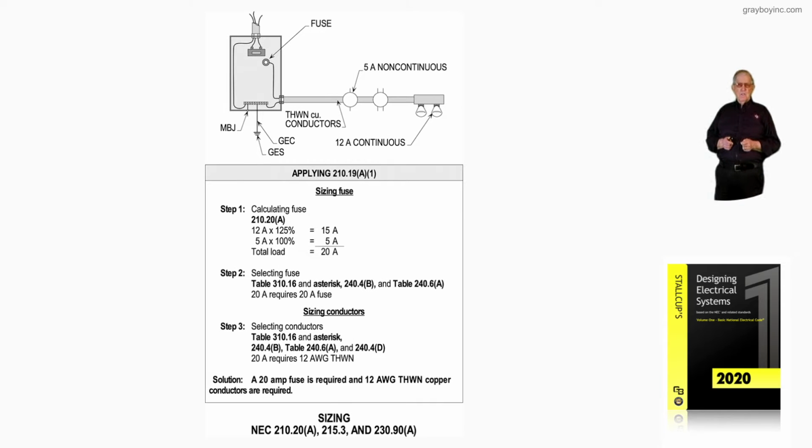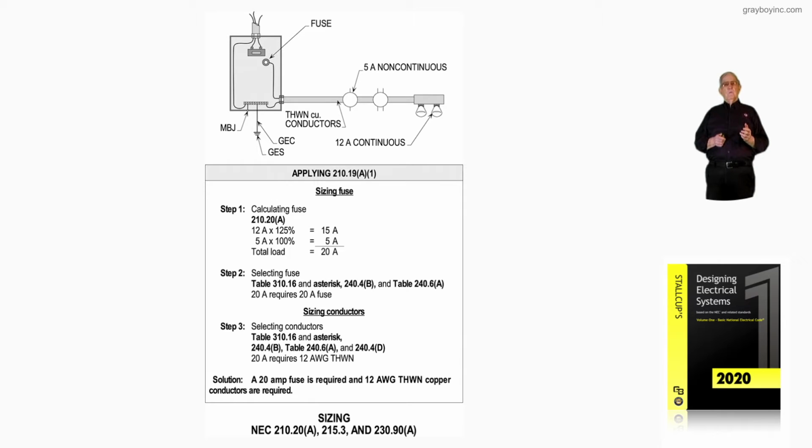Now this illustration deals with sizing a branch circuit supplying combination type loads. Notice in the information given at the very top of the boxed in information, we have a 5 amp non-continuous load and a 12 amp continuous load supplied by THWN copper conductors. Now to apply our